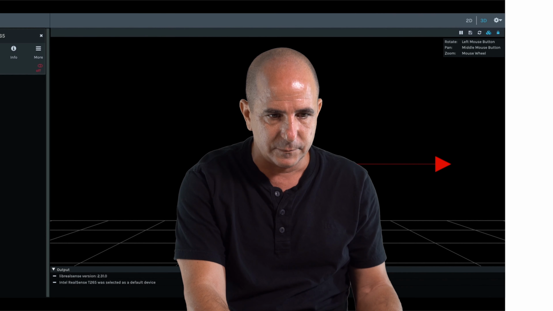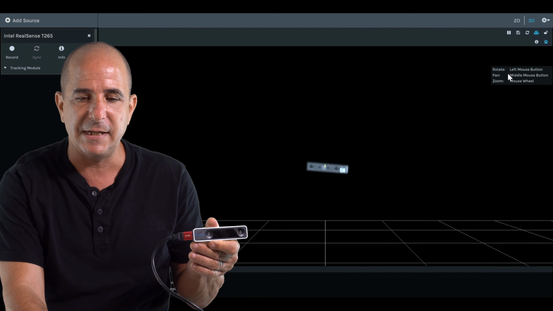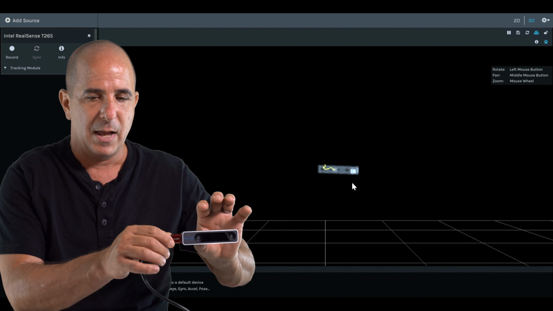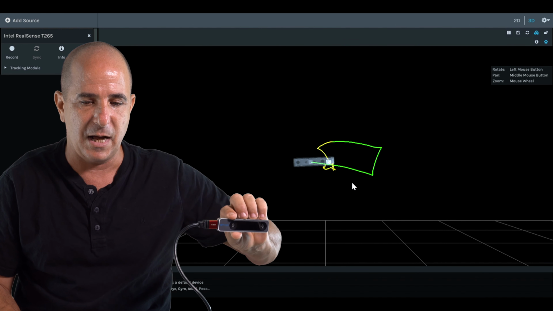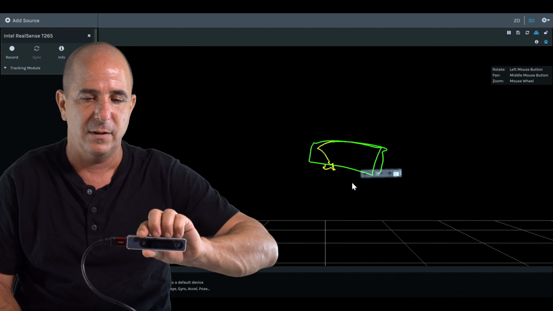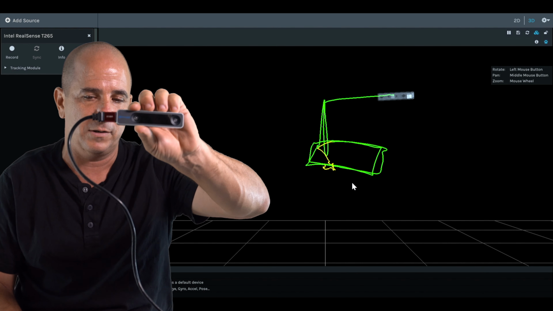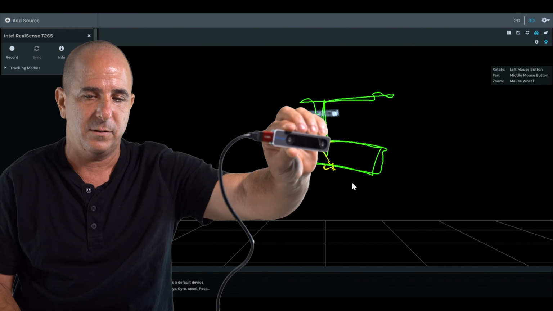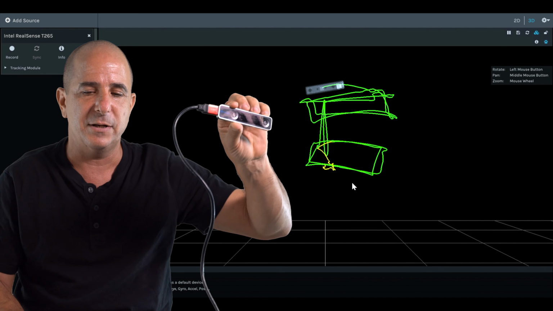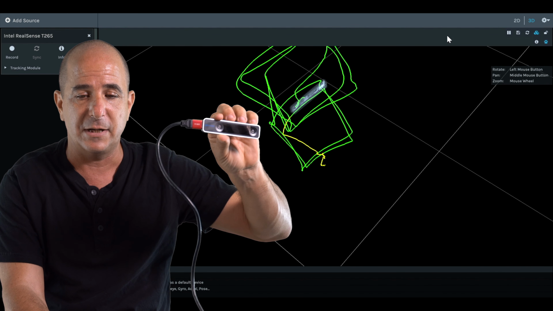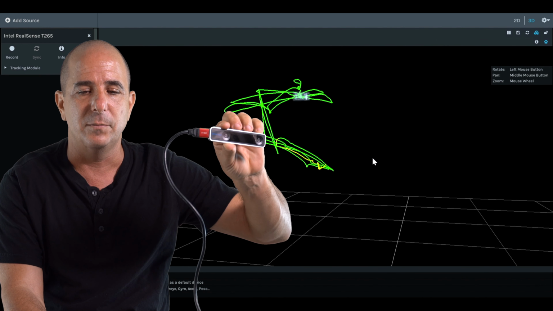Let's demonstrate that. I'm starting the camera, and while starting, you see the image of the camera, and I will be moving it a little bit, and then you can tell that it actually tracks my movement. Let's do that one more time, and now let's do the same box above that. Okay, so this is me being not so accurate, but you can see where I'm going, and in 3D you can see the two squares I've done, and maybe a circle would be better.